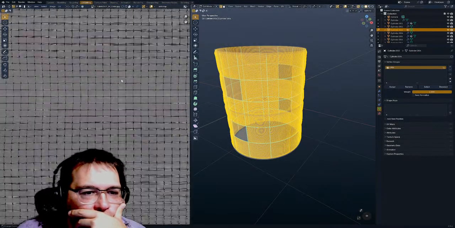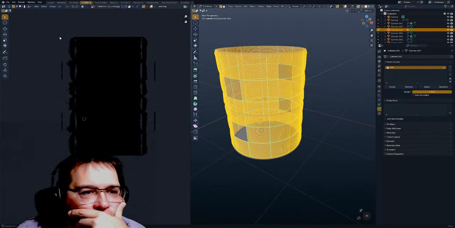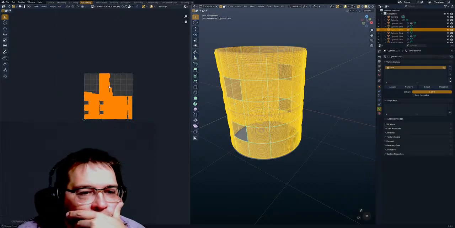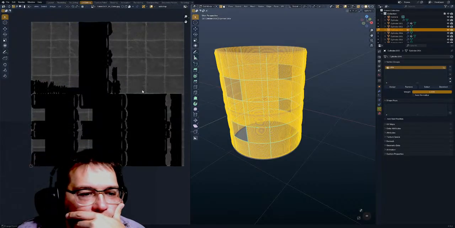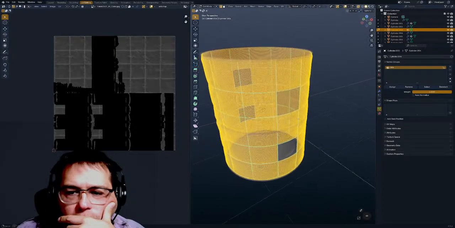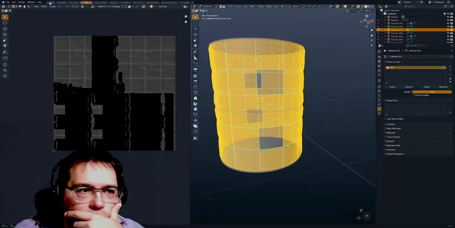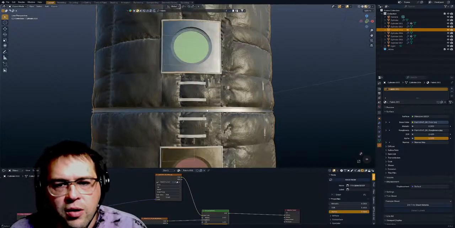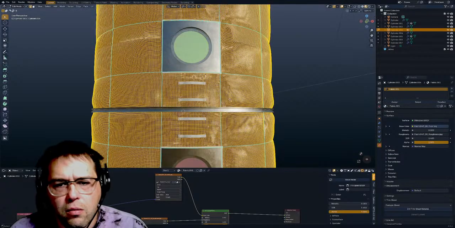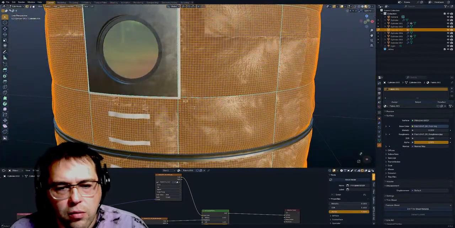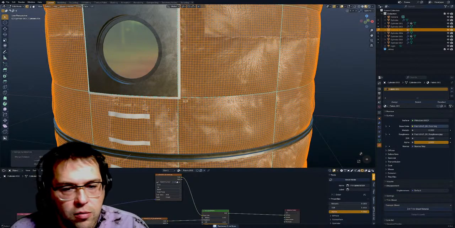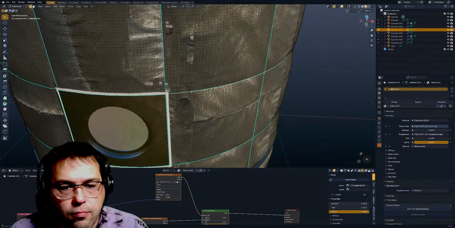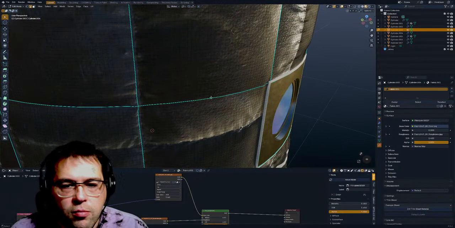Okay. So I have a feeling I can just check on the UV situation here. What is this? This just doesn't seem correct. So I'm gonna go UV unwrap, smart UV project, unwrap. That got worse. Why are there so many like? It doesn't make sense. Let me see. White distance. Anything? No? Okay. You know what? Let's just see what happens if I